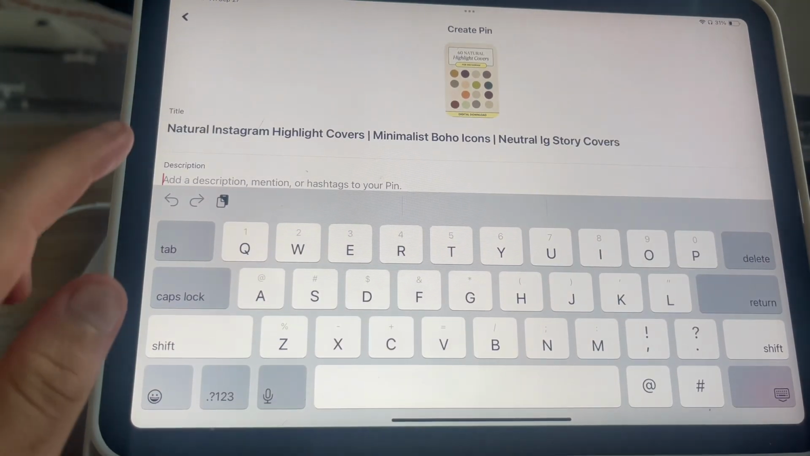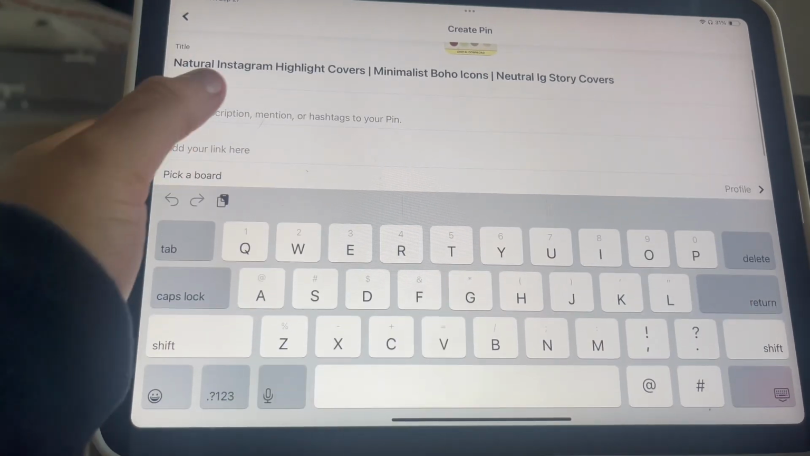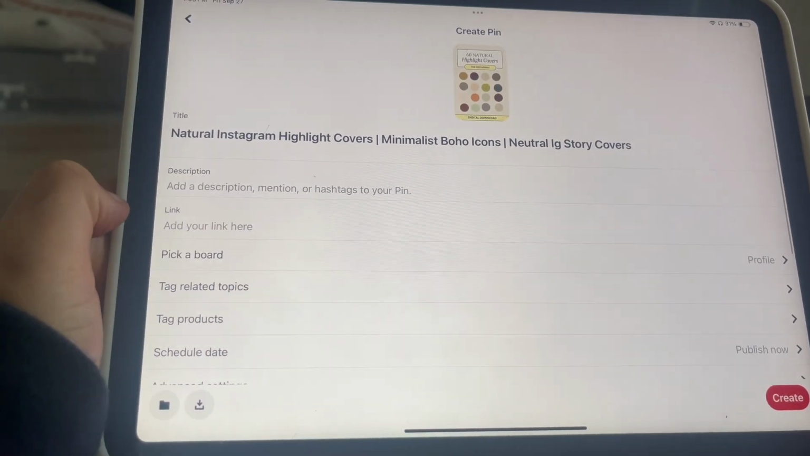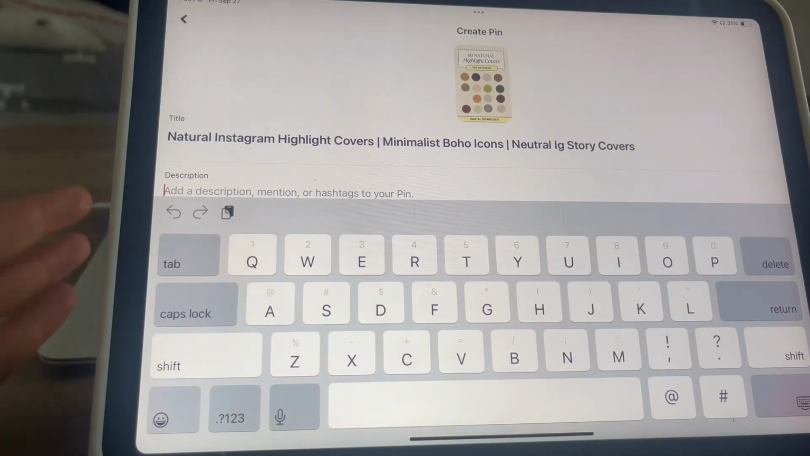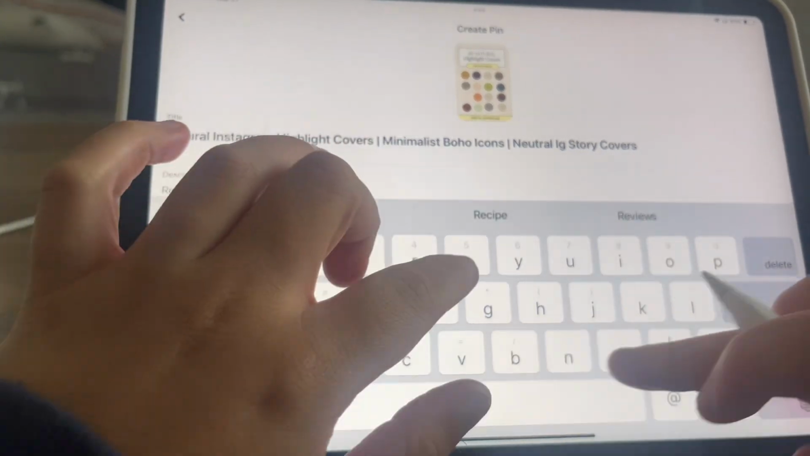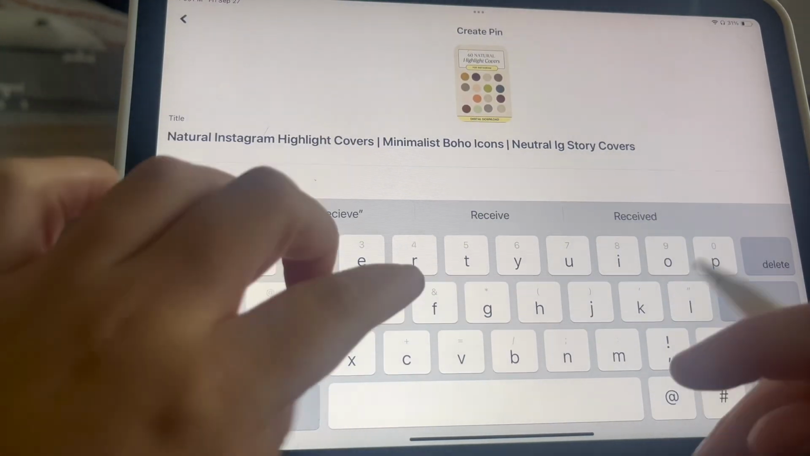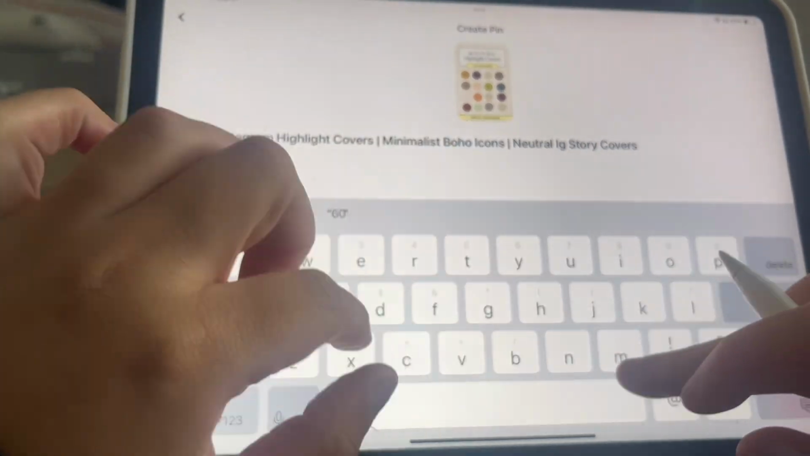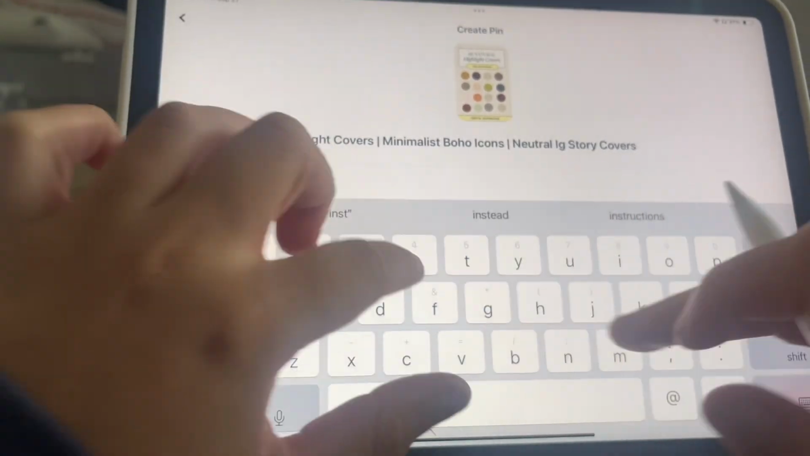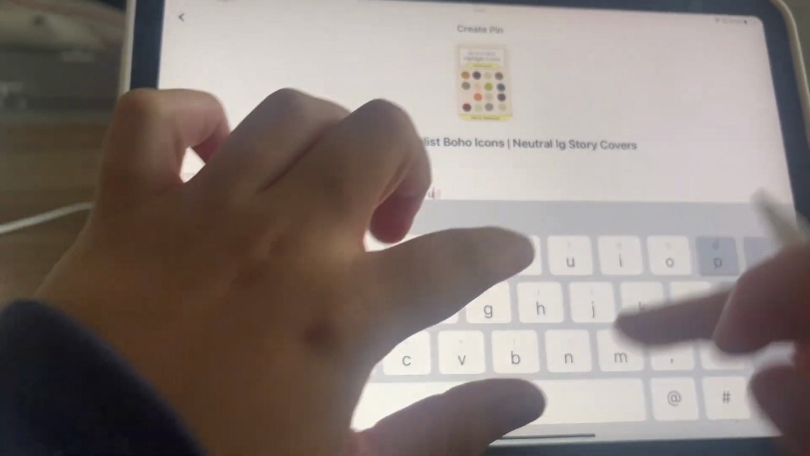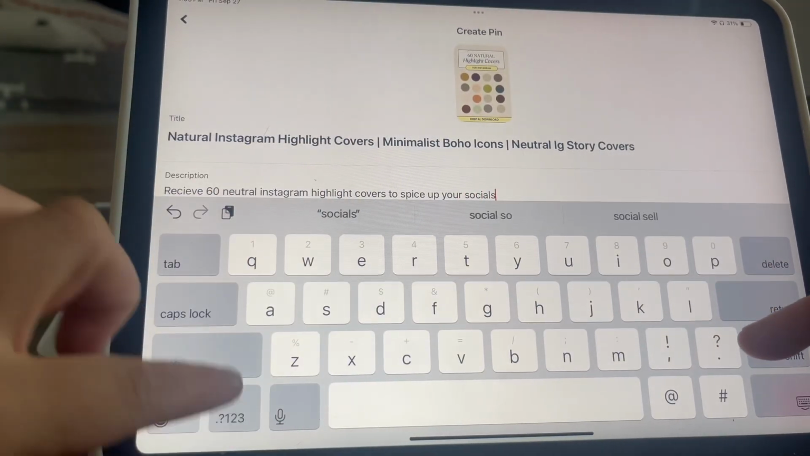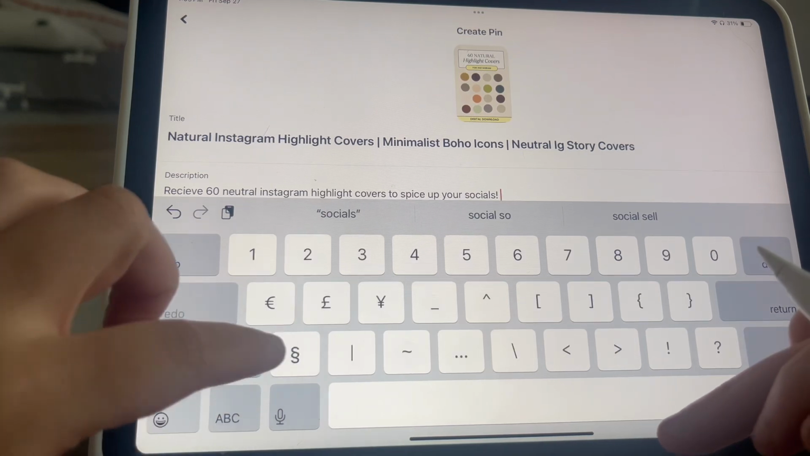So now that we have our title with the description, you can add keywords again. And what I like to do instead in descriptions is add hashtags. That's actually something that Pinterest is really releasing now. You can mention people and you can add a description. So here I like to just put a quick breakdown of what you're going to get. So I'm going to say again, receive 60 neutral Instagram highlight covers to spice up your socials. Just something fun like that. And then we are going to put